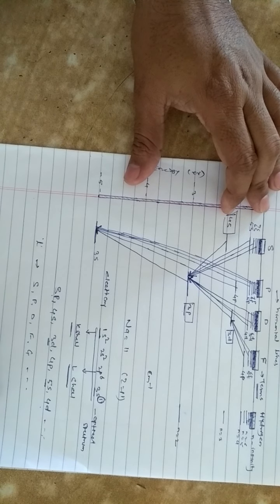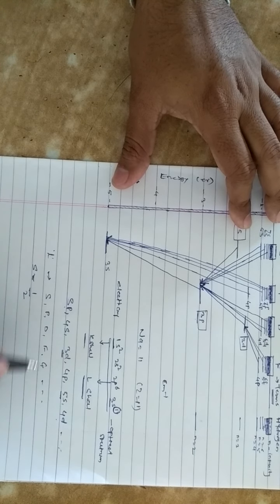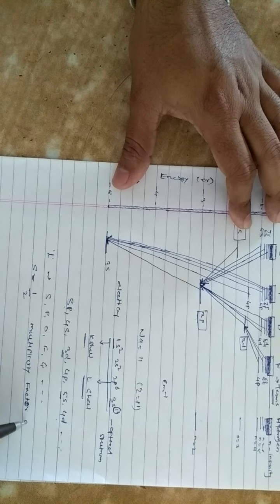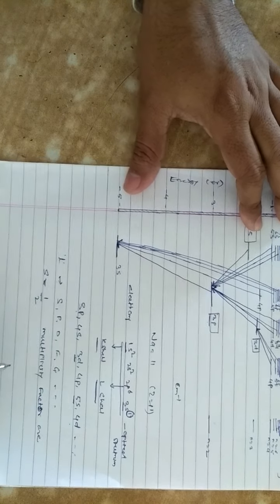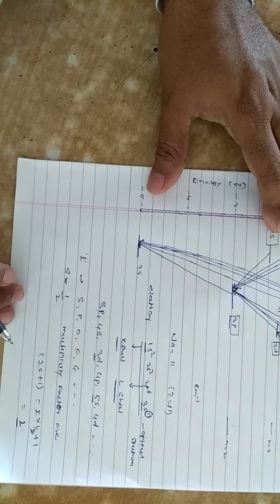There is only one unpaired electron. The spin S is equal to only half. The spin is half, and how do we calculate the multiplicity factor? The formula is 2S plus 1. What is the value of S? 2 times 1 by 2 plus 1, the 2 gets cancelled, 1 plus 1 is 2. The multiplicity factor is 2.